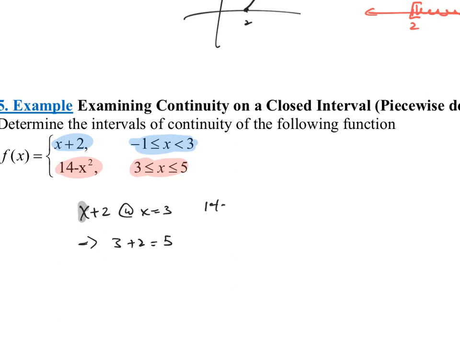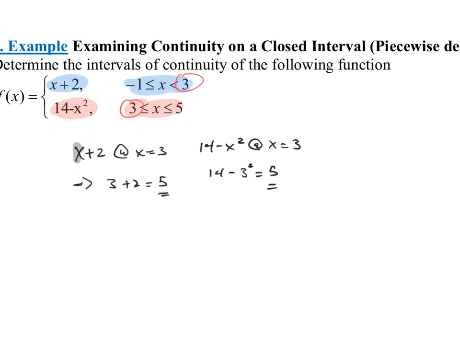Now let's look at 14 minus x squared at x equals 3. And of course I'm using x equals 3 because that's where the piecewise function is broken up. So this would be 14 minus 3 squared. That's 14 minus 9, which is 5. Notice it's the same in the top function, the blue function, as it is in the bottom function, the red function. Since those are the same,